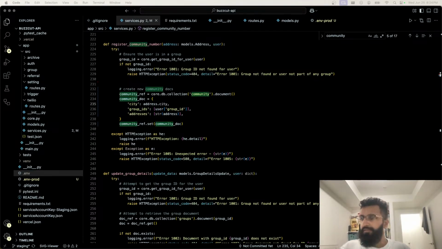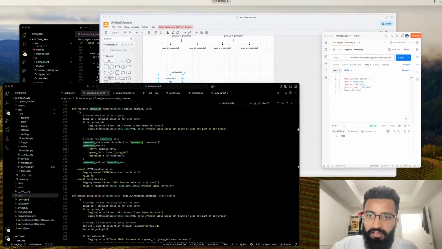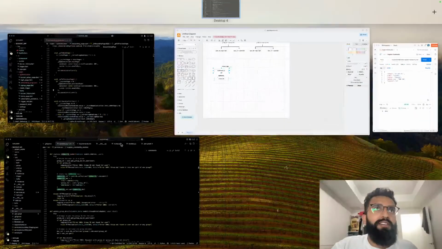Yeah, let me create a sample. I don't have any actual test accounts on my staging that I can use. So let me first of all launch this app in staging, sign up on an account, and then